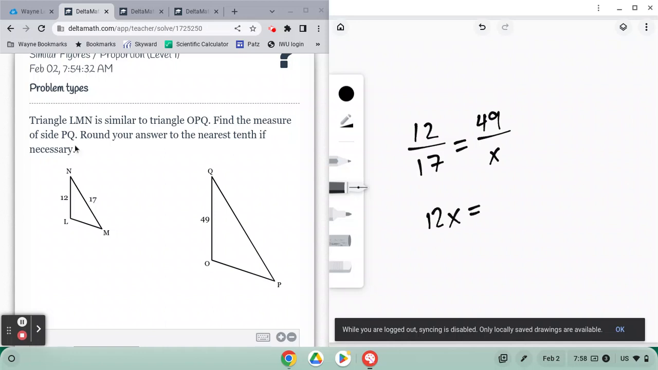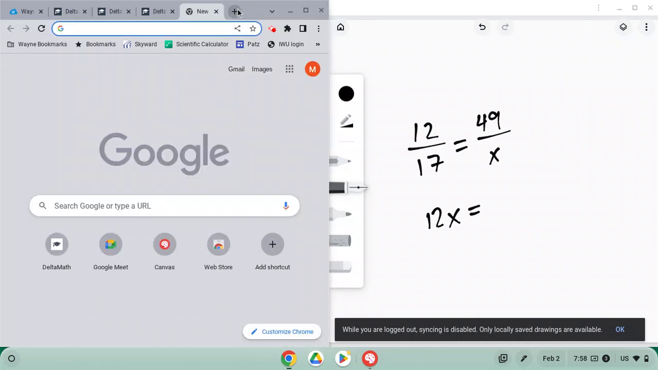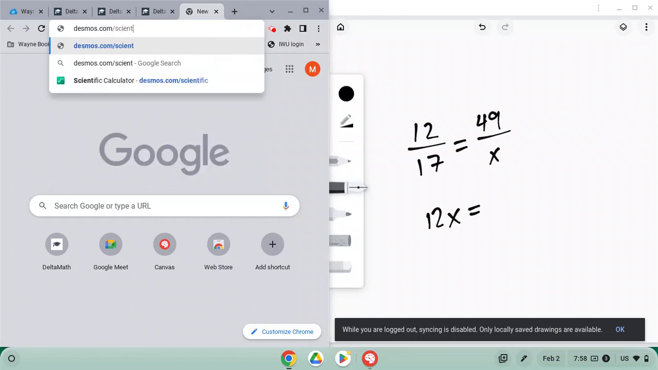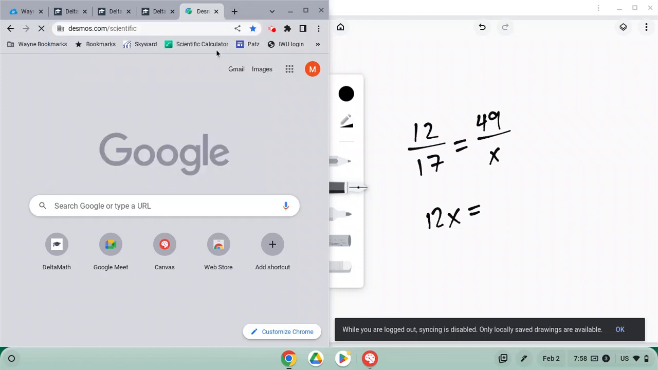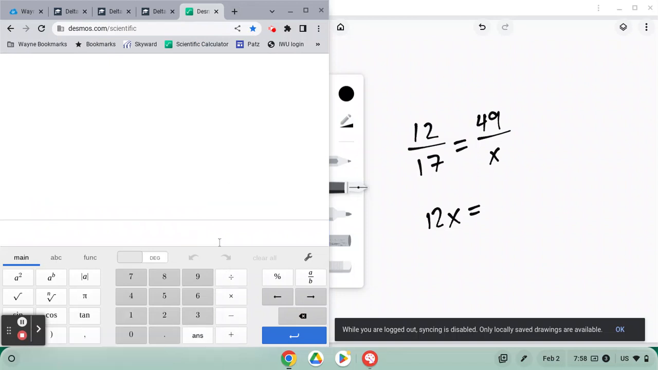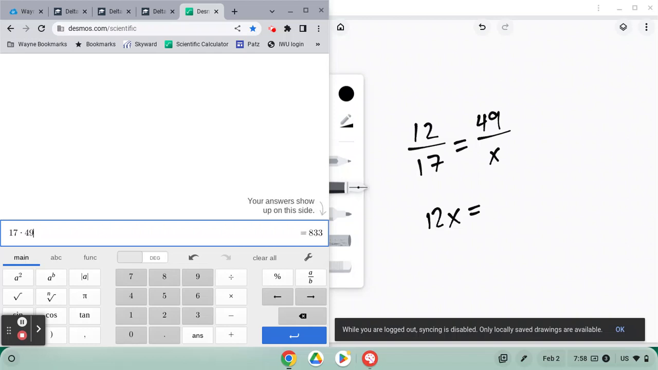Now, I don't expect you to be able to do 17 times 49 in your head, so if you don't have a calculator, you can go to desmos.com/scientific. That's a good one. There's plenty of different ones. You can even just Google it, okay? So if we look here on this one, we are going to do 17 times 49, and as you can see, we get 833. Now we need to solve for what x is, so I'm going to divide by 12,